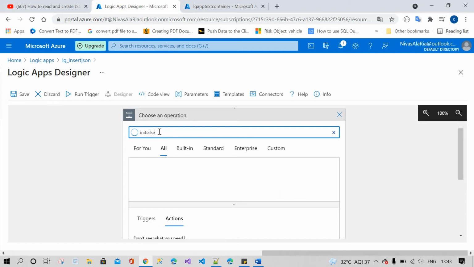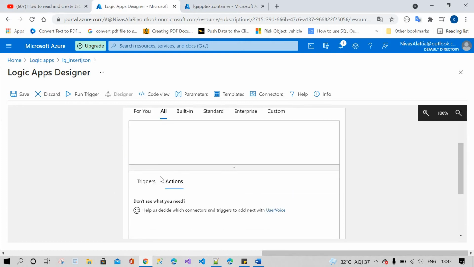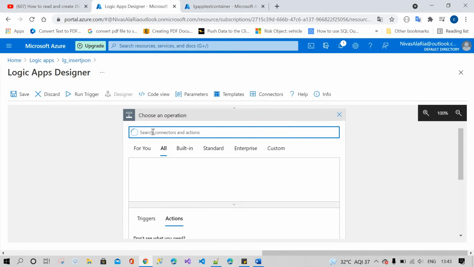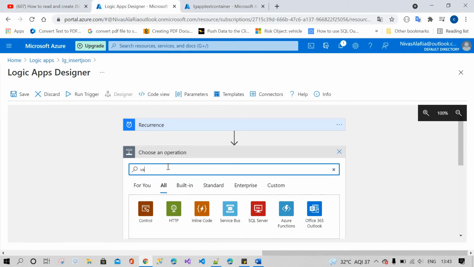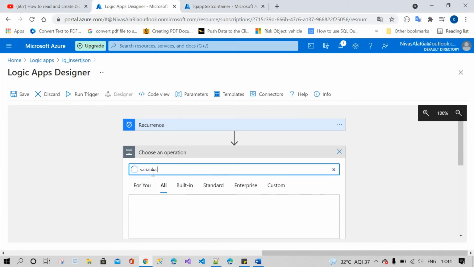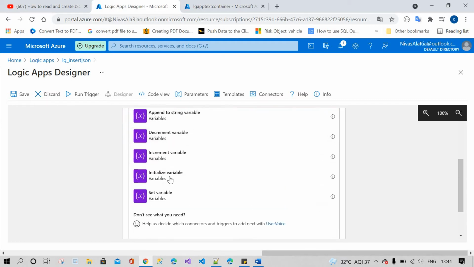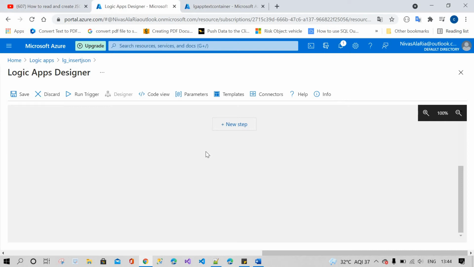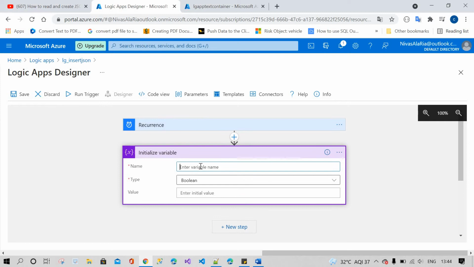So, initialize variable. We will try with the variables. I'm giving a unique name for that, var JSON object.